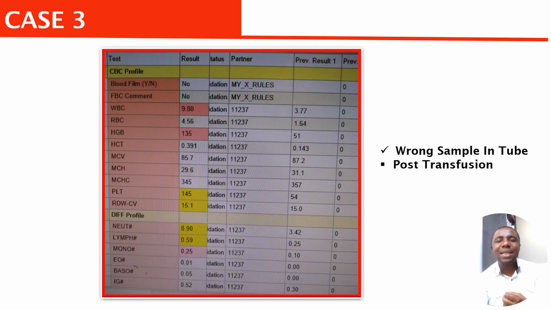Now let's look at case number 3. If you look at case number 3, very, very important. What you are going to realize is that you could question post-transfusion because the hemoglobin previously was 51. Now it is 136. And with the previous, like we've said, we are saying today is less than 1 day. There is no way the hemoglobin will shoot up from 51. Remember what I told you, each unit of red cells can increase the hemoglobin by 10. I want you to